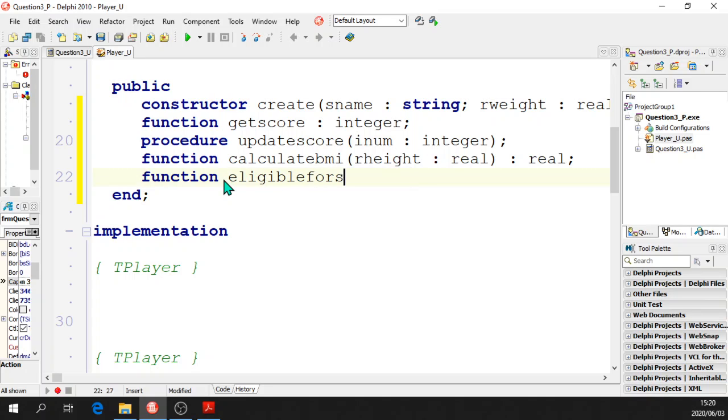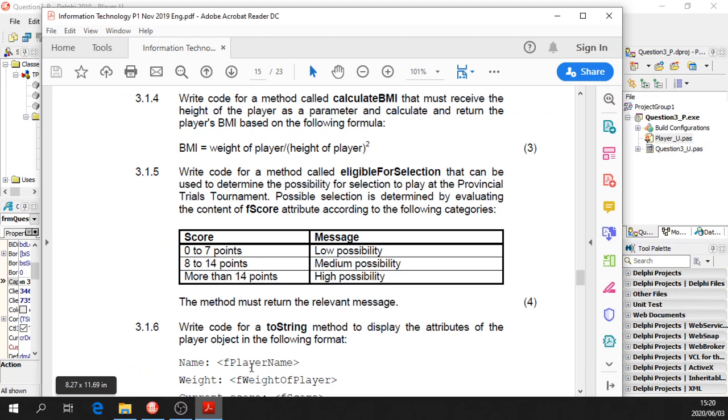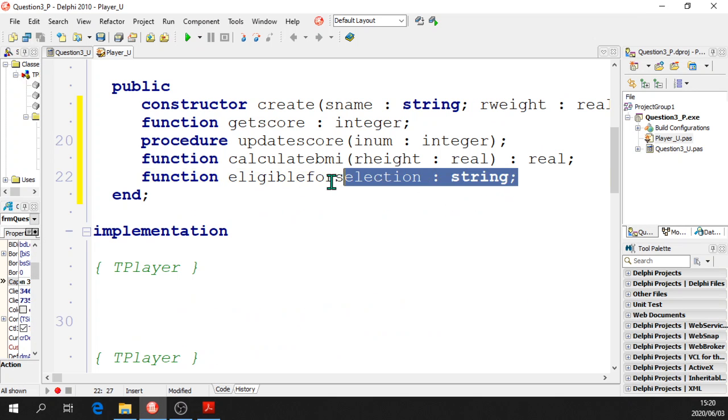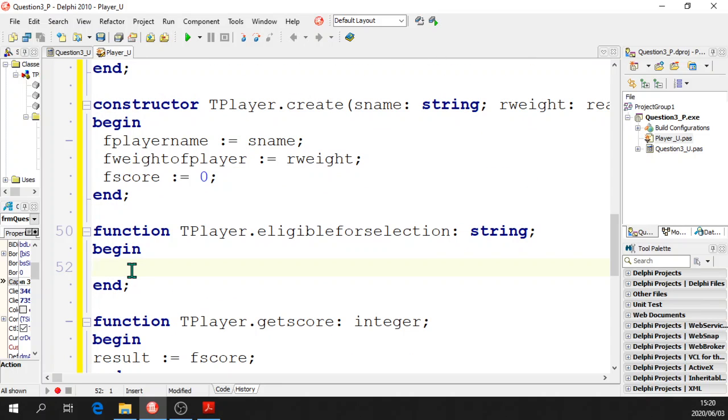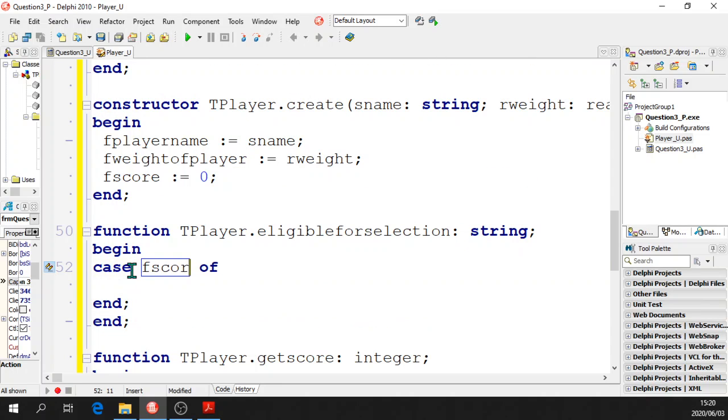Eligible for selection. Remember, it's going to be one word. And it's not going to receive anything. We double check. Nope, doesn't receive anything. It's just working on F-score. So we highlight, Control Shift C, and then we say case F-score of